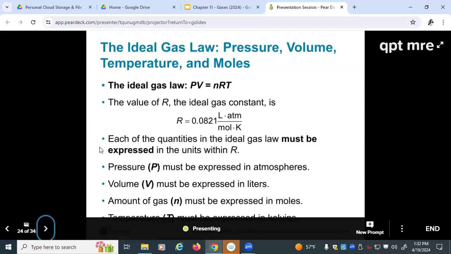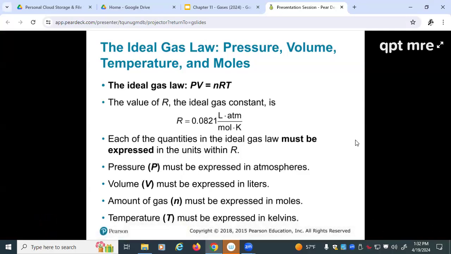Now, the value of R here, R is something called the ideal gas constant, and it is equal to 0.0821 liter atmospheres divided by mole Kelvin. Now, why that particular unit combination? Well, that unit combination allows us to use R to cancel out the units of the things that we know to get us to the things that we don't know. So if I know the pressure and the volume and the temperature, and I'm trying to solve for N,